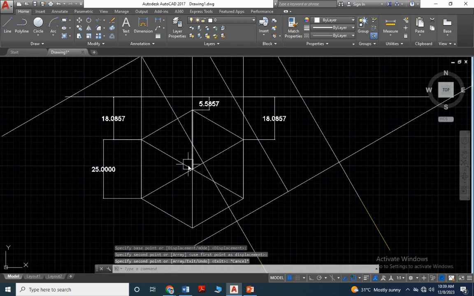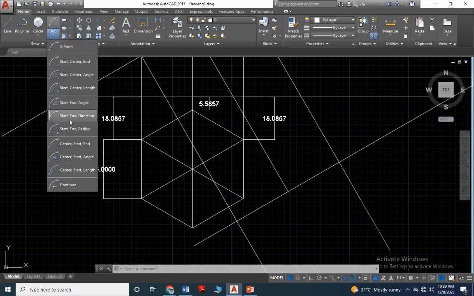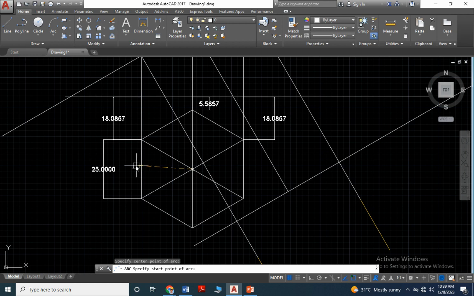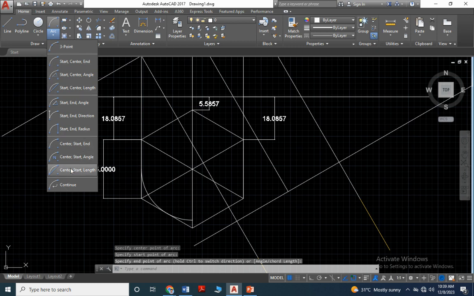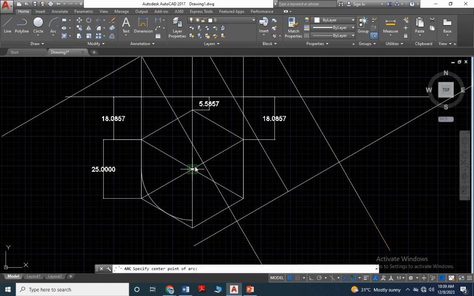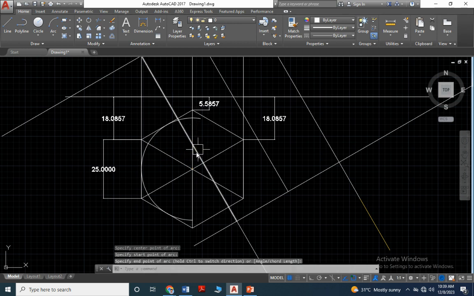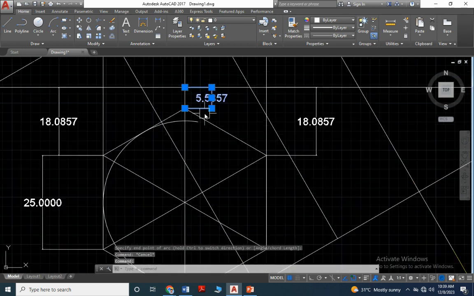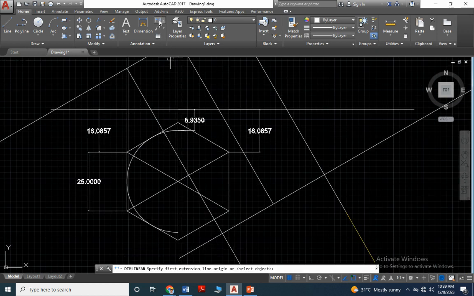Okay, similarly arc, and measure the distance from here, and similarly from here to here,